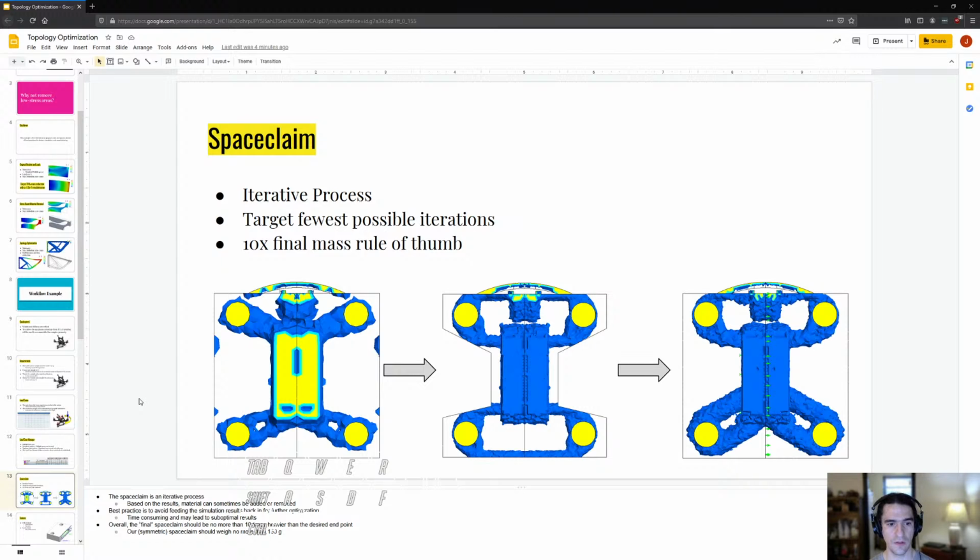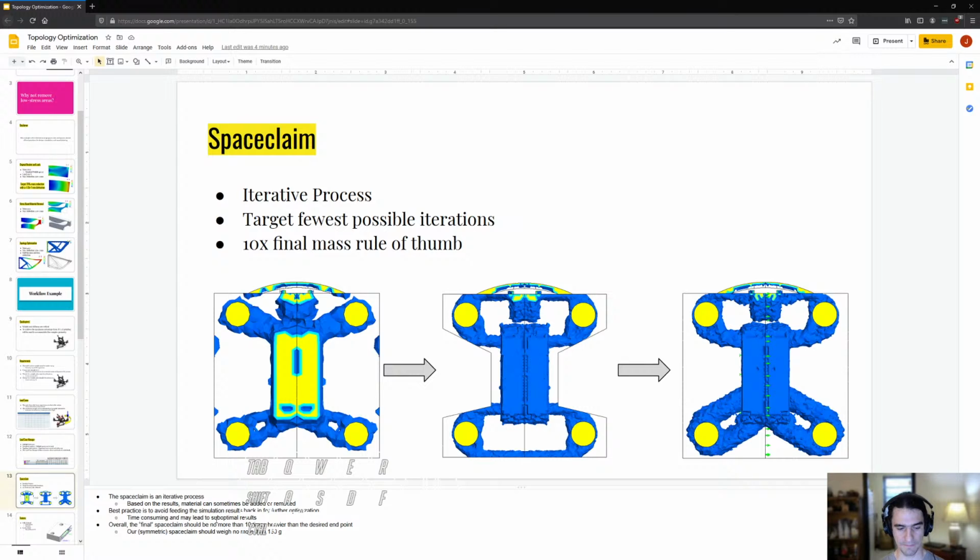Then you set a target for reduction, and the algorithm tries to hit it. Now, the tricky bit is it doesn't really like it if you're removing more than 90% of your original mass. It really bogs down. So you're better off having as small of a space claim as possible,